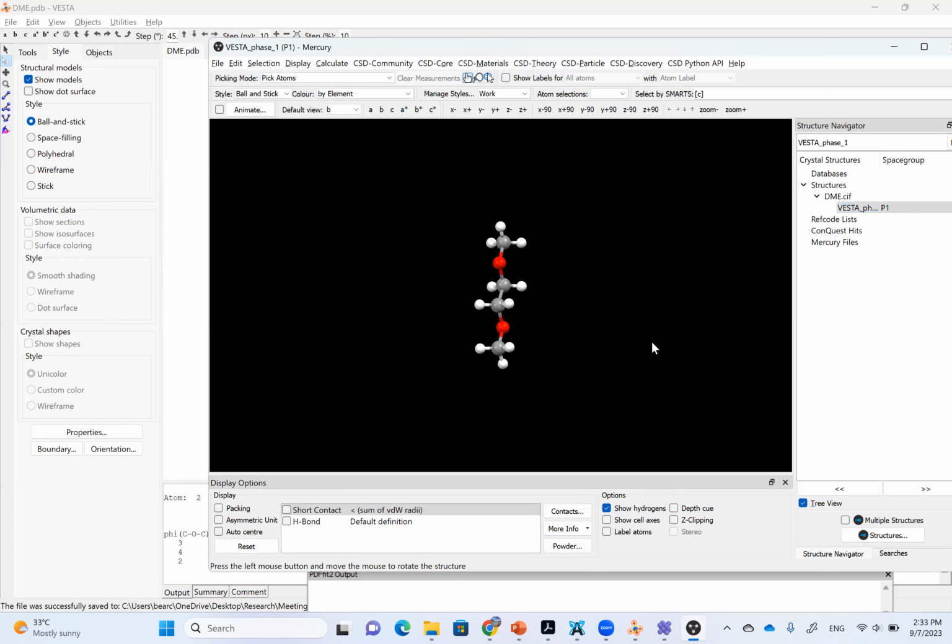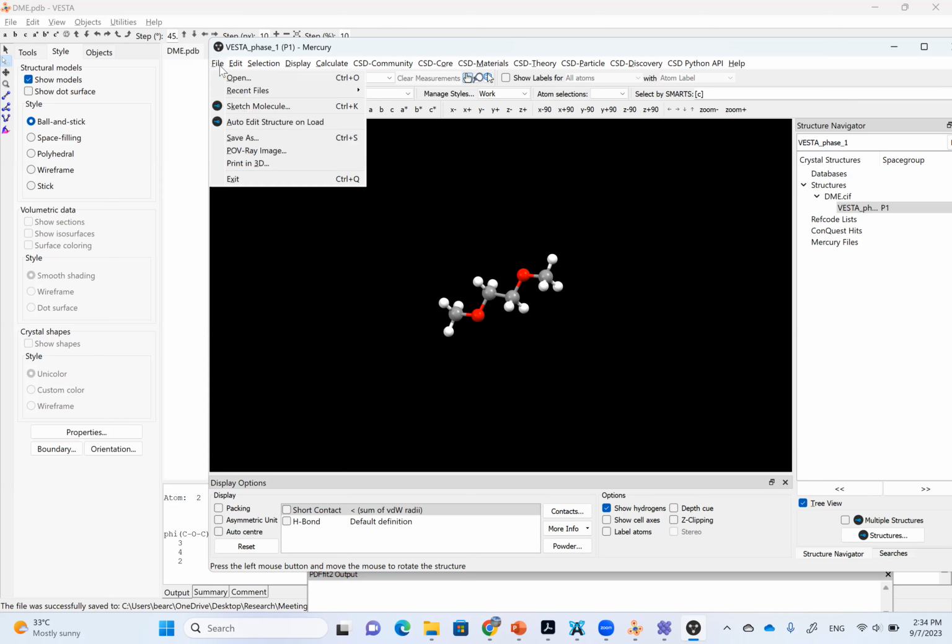And this is how DME looks like in the Mercury. It's still the same, right? We only see one molecule here because by default it is only showing one unit cell. As I mentioned, there's only one molecule in one unit cell, so that's why we're only looking at one molecule. If you change the boundary setting, you'll see a translational symmetry of the DME. You see a lot of DMEs in parallel. So let's simply